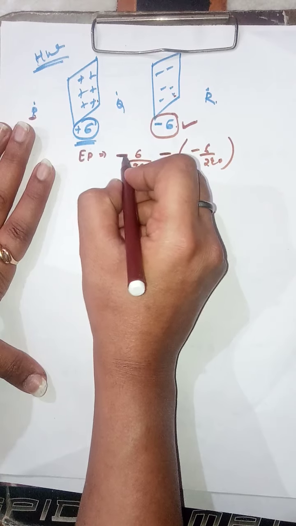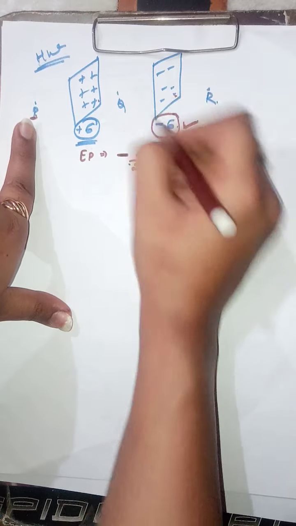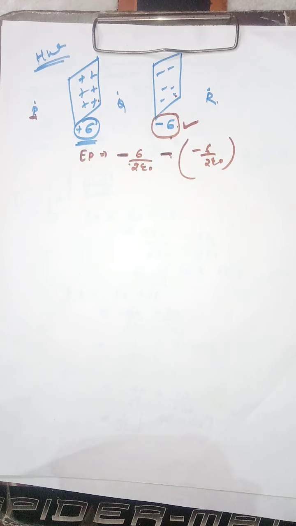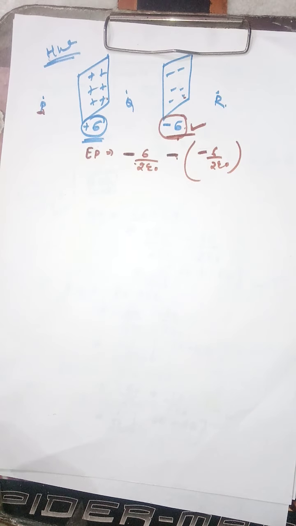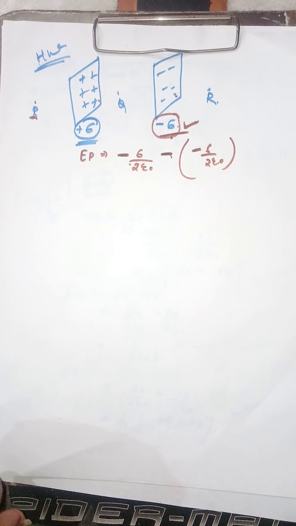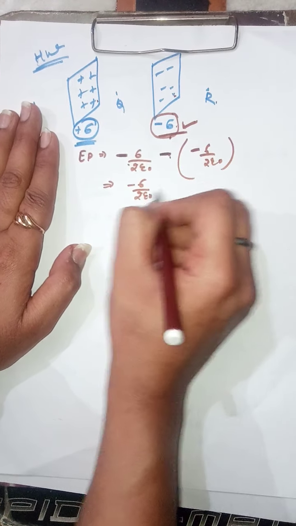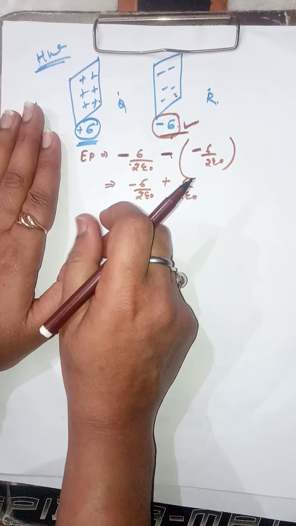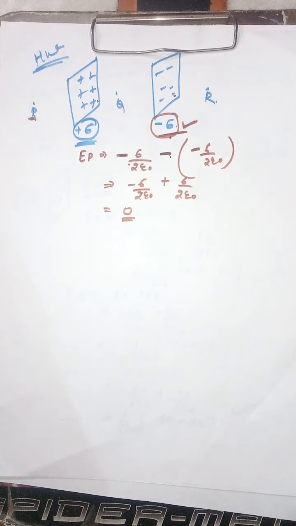This sign is present due to the left hand side. This sign is also present due to the electric field from this sheet, as point P also acts as a left hand side for it. But this negative sign is due to this negative charge density. Our charge density is itself negative, so we have that second negative sign for it. So it simply reduces to this. Therefore, the value of electric field at point P is nothing but equal to 0 in this particular question.